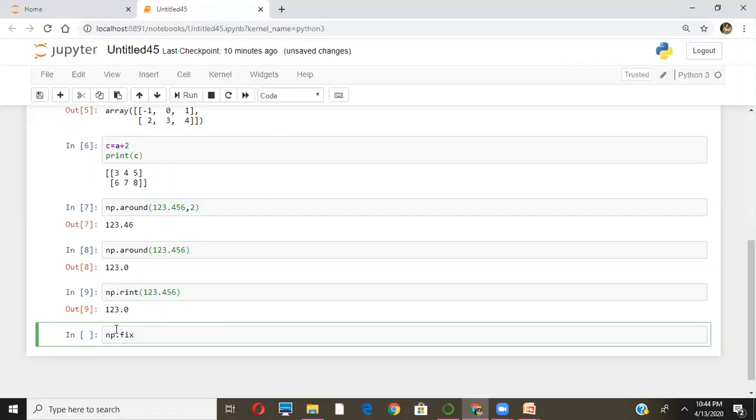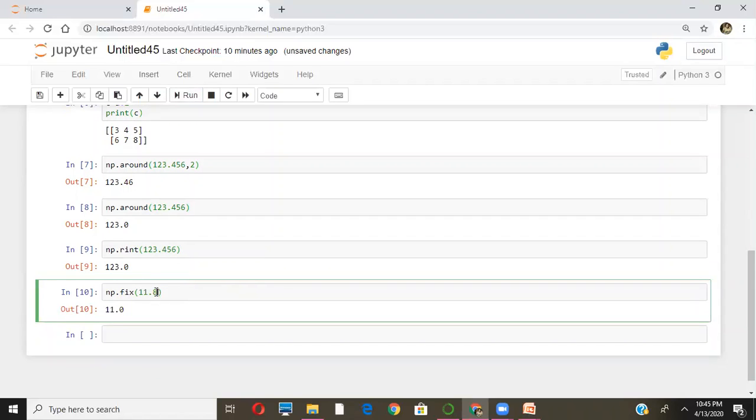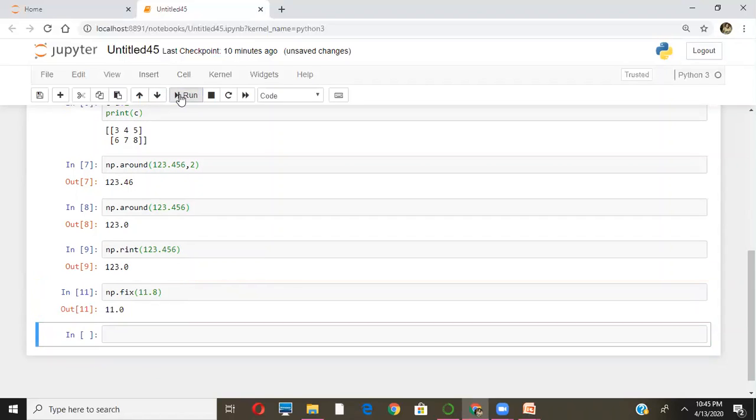np.fix. And I'm just going to write here 11.2. So when I give a decimal, the decimal is converted to an integer that is nearest to 0. So the integer that is nearest to 0 means 11 will be the answer. So in case I give here 11.8 also, it just gives us 11, because 11 is the one that is nearest to 0. The same way here, I can just give